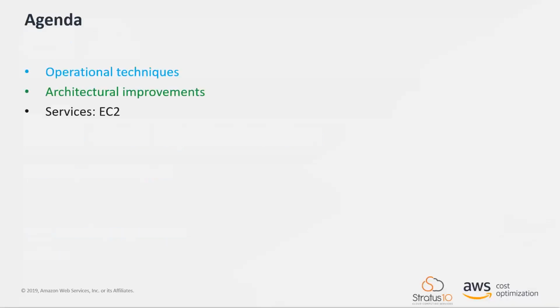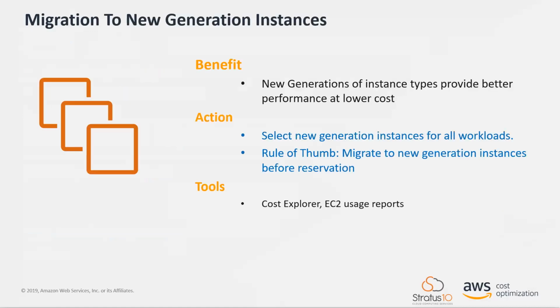One of the things, this is the quick agenda that we'll go through in this session, looking at operational techniques, architectural improvements, and then spend a little bit of time around the EC2 service itself. So as Shabir mentioned, AWS is constantly looking for ways to reduce costs, in which each generation of the instance family, you're getting better performance and at a lower cost. It's also typically results in you needing to run fewer or smaller instances for your workloads as you migrate onto the newer